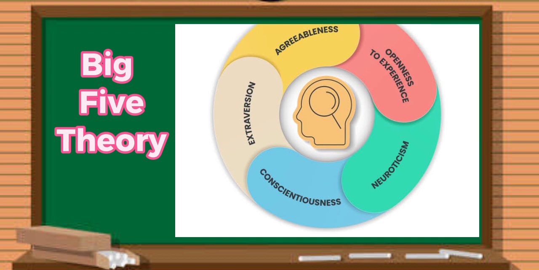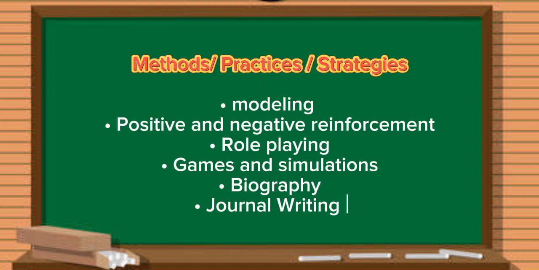It can be used as an acronym like OCEAN. O means openness to experience, C conscientiousness, E extraversion, A agreeableness, and N neuroticism. The methods, practices, and strategies used in the trait approach are modeling, positive and negative reinforcement, role-playing, games and simulations, biography,